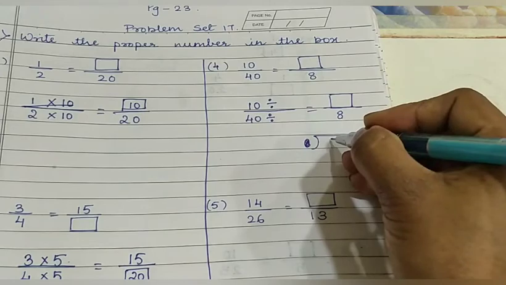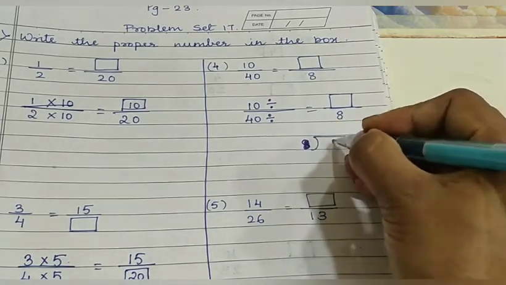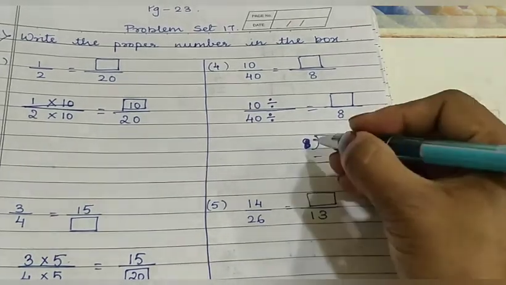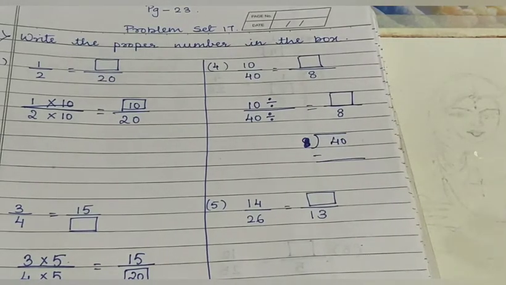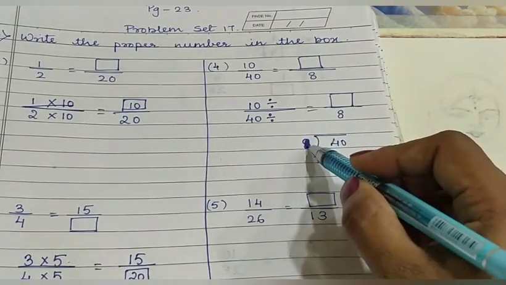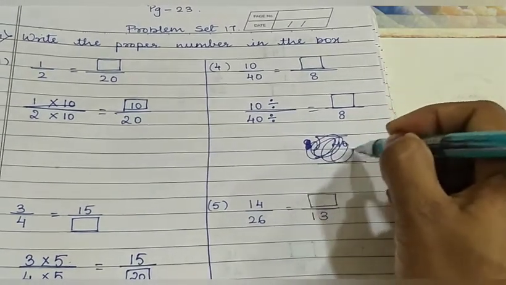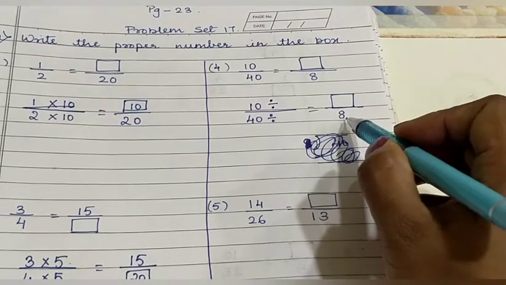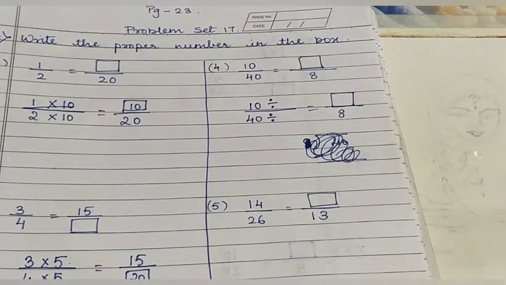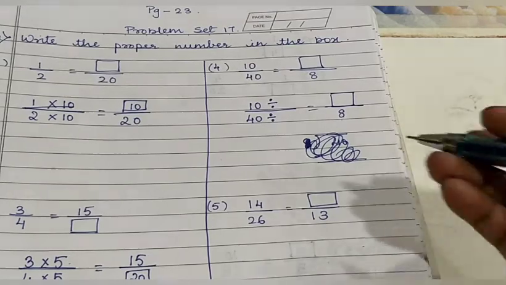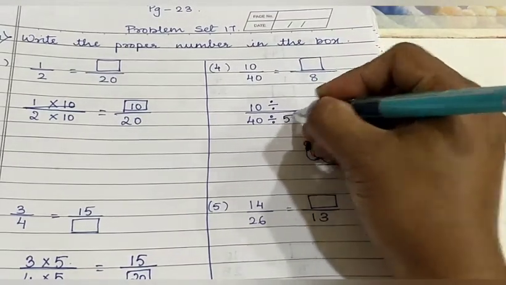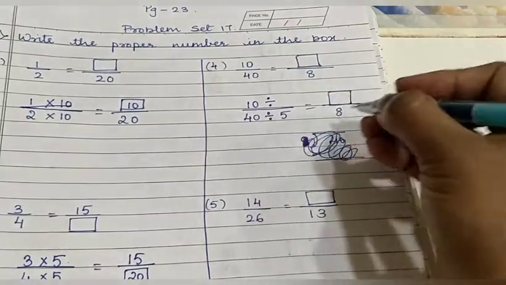See, 8 1s are 8. You will be saying why I am dividing with 8. Or you can tell the 8 table. Chalo, let's start telling 8. Whenever you have this type of sum, you can tell the table of 8. 8 1s are 8, 8 2s are 16, 8 3s are 24, 8 4s are 32, and 8 5s are 40. Why did I tell you to tell the table?